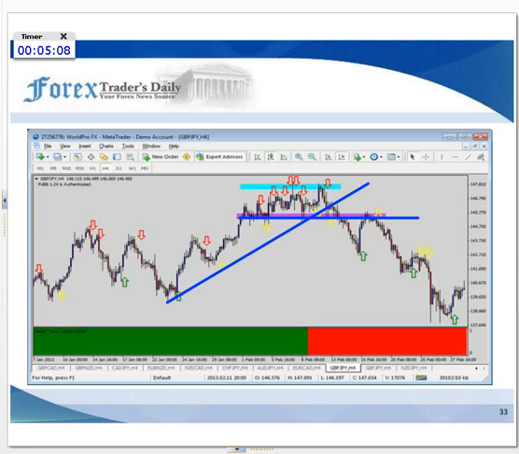So once it made this clear low here, we follow it backwards, and from this blue line, we can see resistance. Once it broke underneath this next blue line, that became a resistance. And as it came back up underneath it, it gave us a clear opportunity to put in a sell for this currency pair, which is the pound yen. Once it broke underneath this support low and came back up underneath it and tested it as resistance, we can see a clear area where it fell back down, all the way back down here in towards the